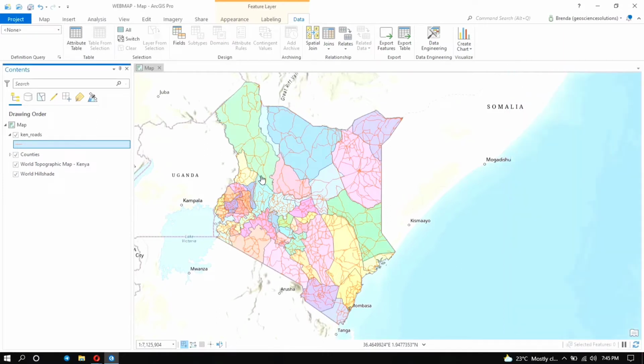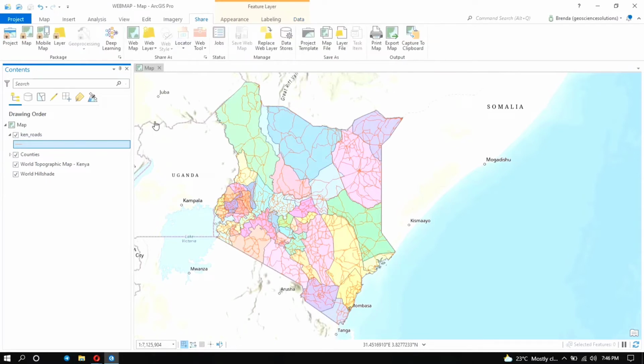So now I think we are done. We're not going to place labels because it's going to be overcrowded. So you see, even now it's showing me, if I just move around, it's going to show me the name of the county that I am in. Like that is Isiolo. So now I'm ready to create my web map. So I'm going to save this first. You need to ensure you save your project, and then we click on share